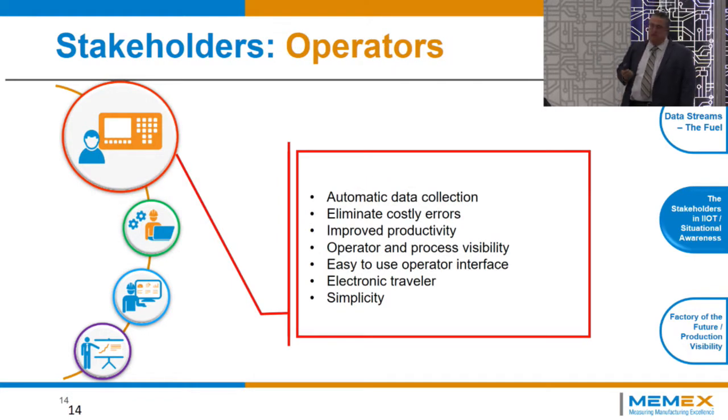Operators, well, operators should be concentrating on operating the equipment. So they care about eliminating errors, but they care about simplicity and the ability to use a system with a couple of mouse clicks rather than having to write down endless amounts of data on a piece of paper. We had one company that we worked with that this is how they used to calculate OEE. They used to take a whiteboard, and at 3:25, if the shift ends at 3:30, the operator would write down all the times that the machine was down. And then somebody would come along and aggregate that into a spreadsheet and fire it off to management.